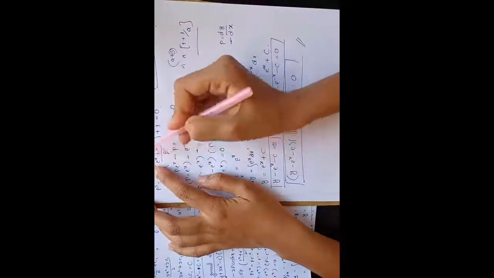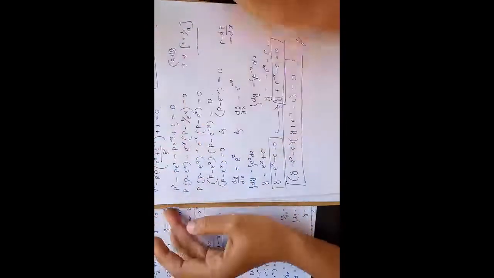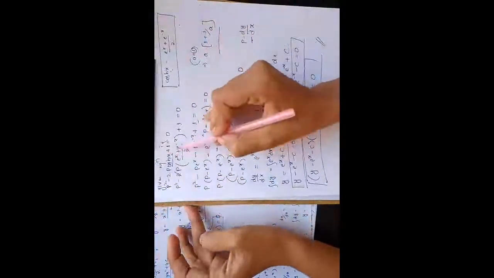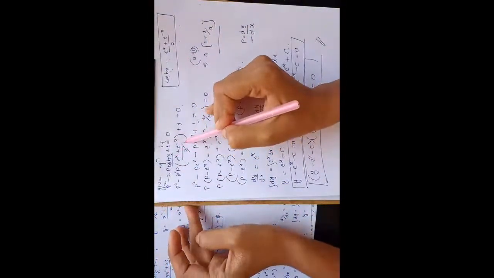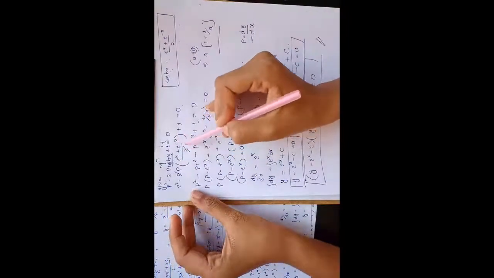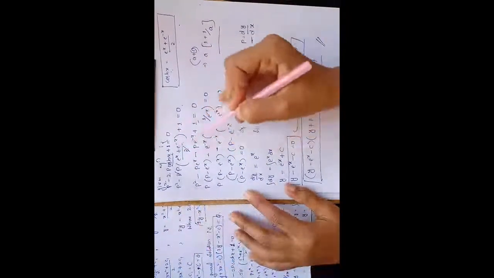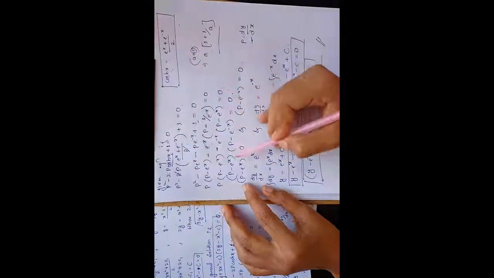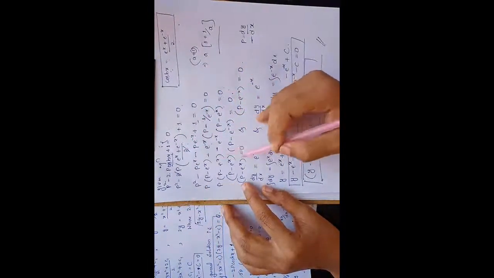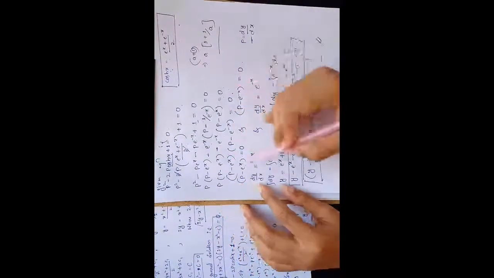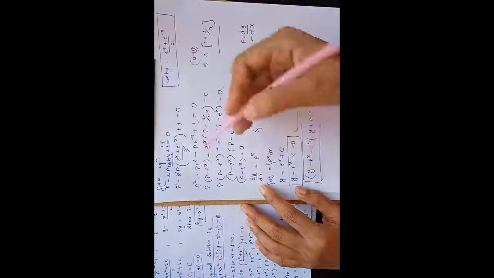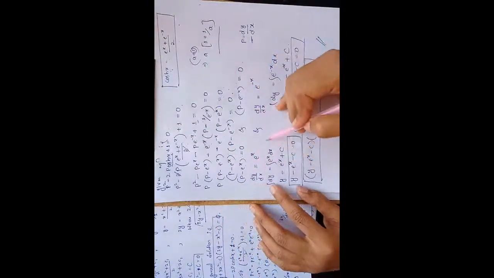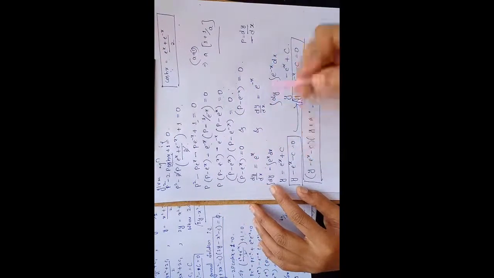Cosh x formula is e^x plus e^(-x) divided by 2, so you have to remember this one. Then find the factors of the two variables, then the product of two variables is equal to 0, then equate the individual factors to 0, then use the separation of variables, apply the integration method and find the general solution of the equation. So this completes your second problem. So see the next example.